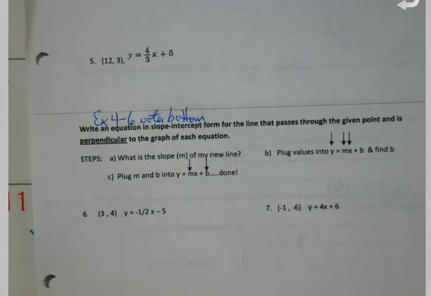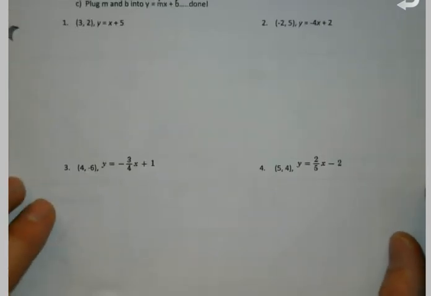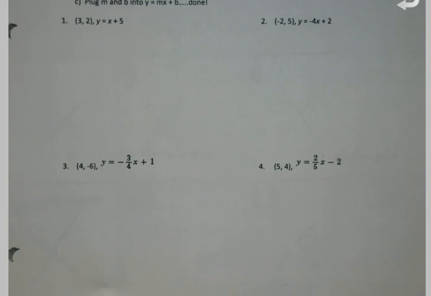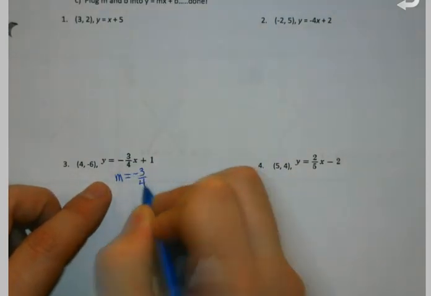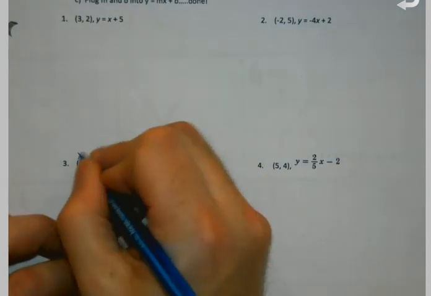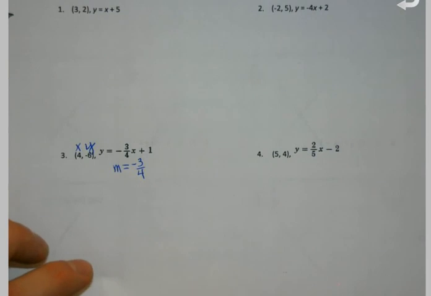But let me flip back to the front here for a second so we can answer this question and get you set. So like number 3, you mean? Like this? Okay. Now here on number 3, I'm looking for one that's parallel. So parallel just means I'm going to get my m from whatever number's in front of x. I'm just going to use that one. And I've got my x and my y. So you don't do anything with the 1? Nope, I don't do anything with the 1 in this case. Yep, all I'm using that equation for is to steal its slope. I'm just sort of done with the rest of it. Okay. And then again,